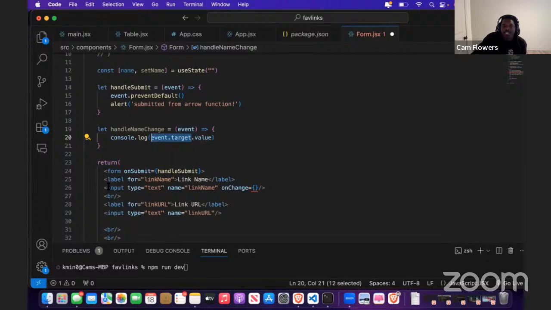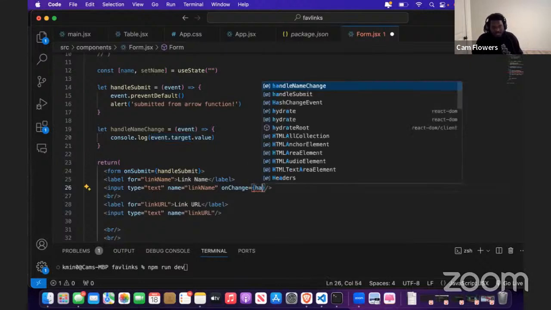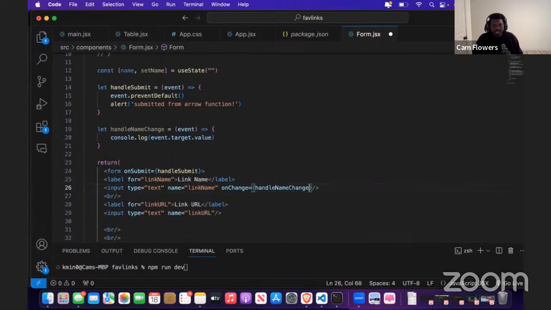But because this is an input, we might want to check out the value of that input at that time. So now by passing handleNameChange into this input, we'll be able to at least take a look at what the value of the input is